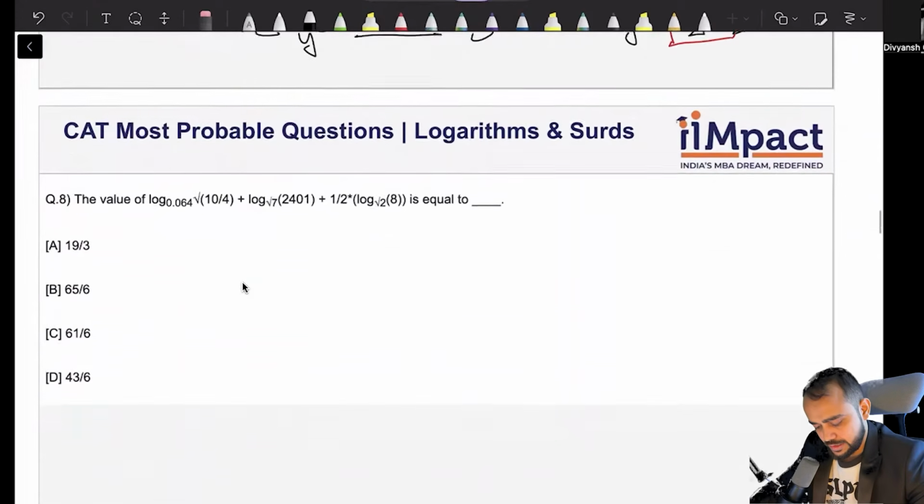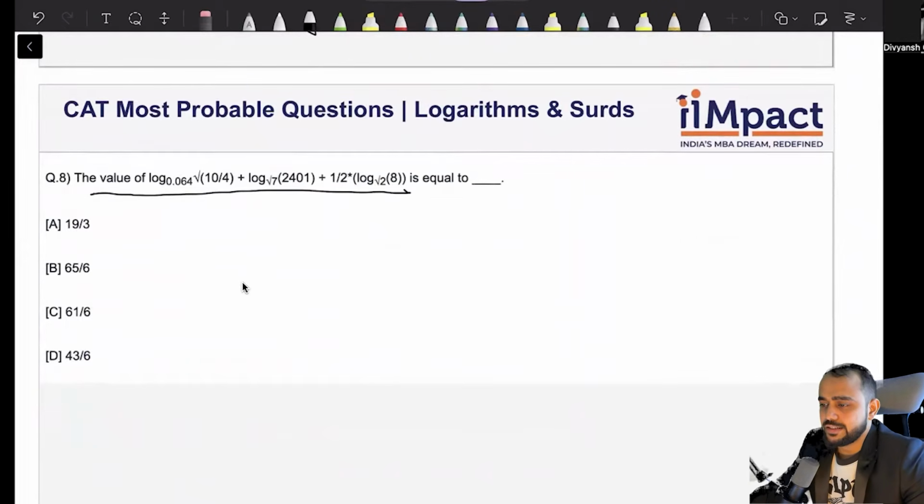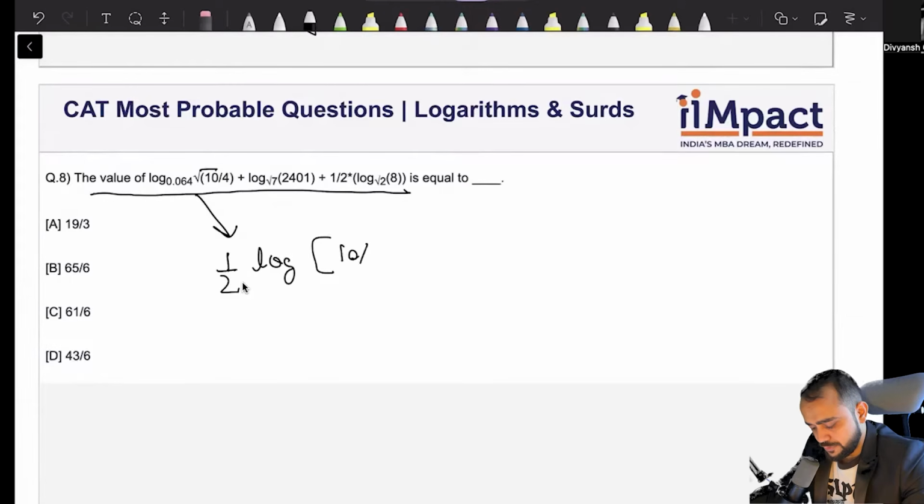Alright, moving on. The value of this is equal to... So now it is very clear that each is going to be reducible. So the numbers that we had memorized are going to be helpful now. Let's write this as log of, let me first take this 1 by 2 outside, log of 10 by 4